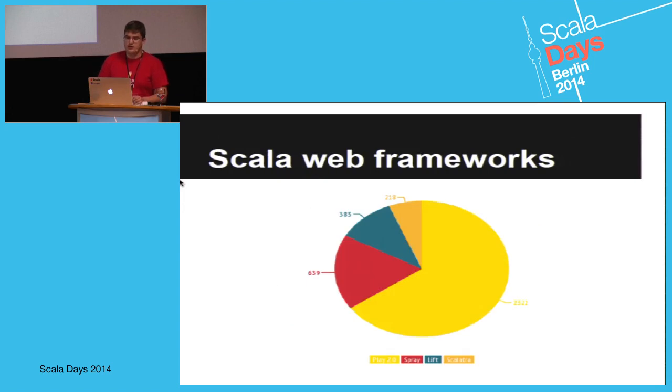And the last chart for today is Scala web frameworks. It's also not really correct statistics because it doesn't include Java frameworks like Spring or Java EE. But on this chart we can see that Play is the most popular web framework. Also we got information that Spray popularity is increasing and Lift popularity is decreasing in general. For us it means that we don't have any specific plans to support Lift, and we probably have to focus more on Spray, for example.